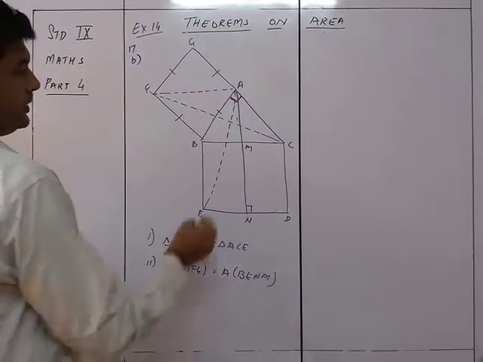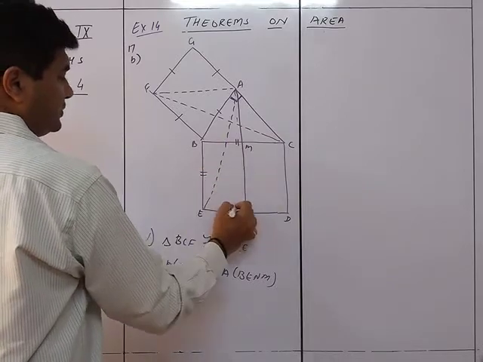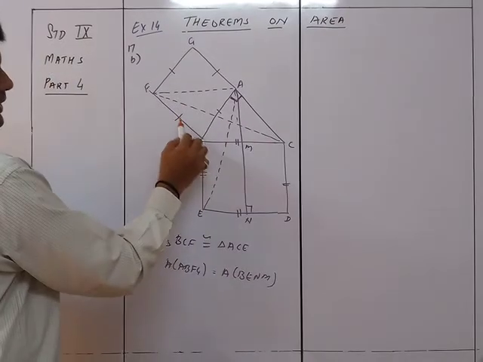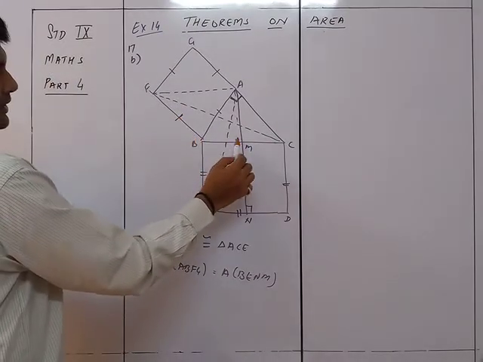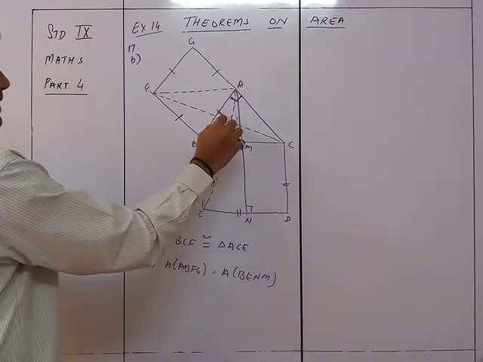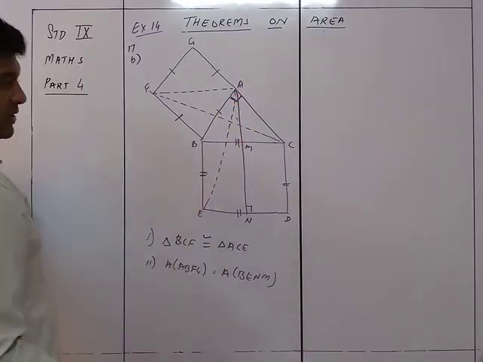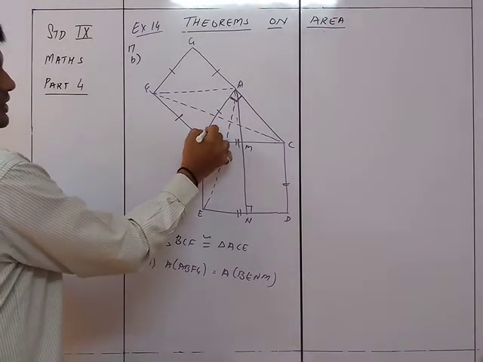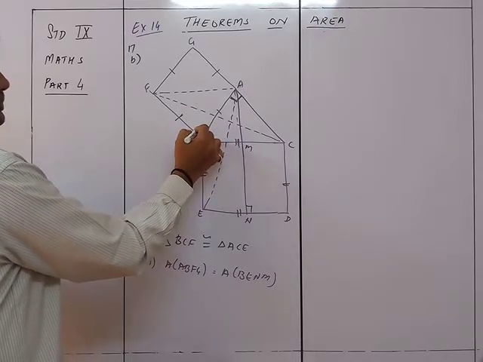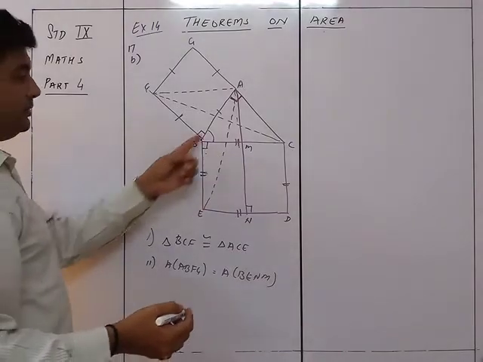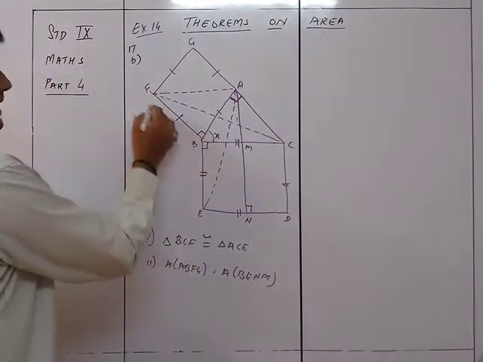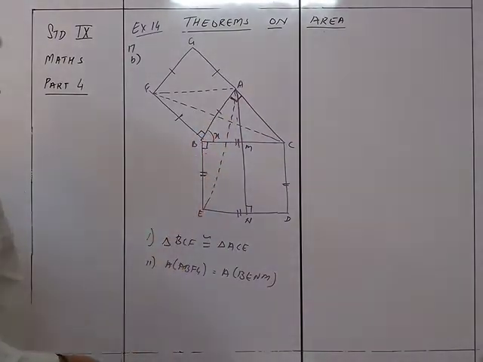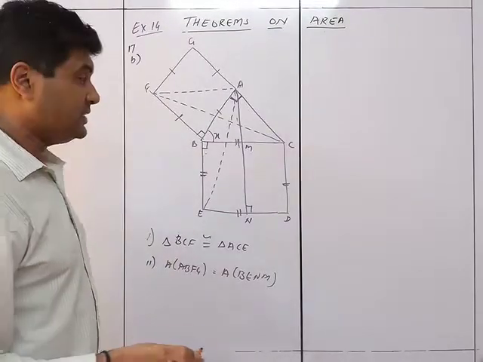Okay, congruency first. So we know that this side is equal to this side, is equal to this side, is equal to this side, and this side is equal to this side, is equal to this side, is equal to this side. So you can see that in triangle BFC, on one side there is one stick and on the other side two sticks, and in ABE also, one stick on one side and two sticks on the other. So automatically two sides are equal. Now you know that this is 90 degrees, this is also 90 degrees. So this angle plus 90 is equal to this plus 90. So again, same thing. If this is x, then angle FBC is x plus 90, and EBA is also x plus 90. So easily by the SAS test, the triangles are congruent.